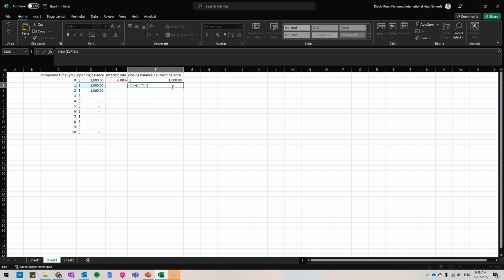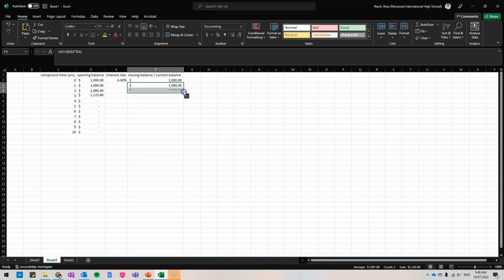In this case, if I drag, it's going to do the same thing with this orange box, this interest rate. It's going to go to the next line, which will be blank. So if I do that, you can see it's just going to give me the same amount for everything, which is not correct. So the trick to doing that and not making a cell change is if I just click within it anywhere and I press F4, it puts these dollar signs. So you could manually put dollar signs in as well, but F4 is the shortcut. And you basically just put a dollar sign on either side of the letter. And now when I drag,